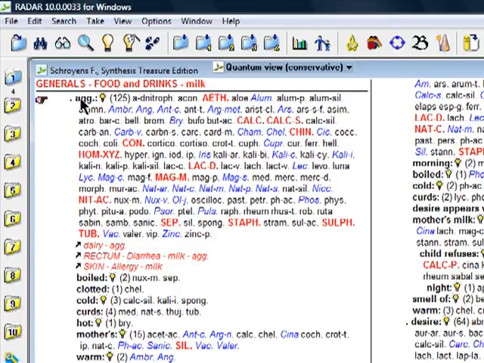Now I have another symptom, butter aggravates. Now to avoid having to type the complete symptom again, I press on the keyboard